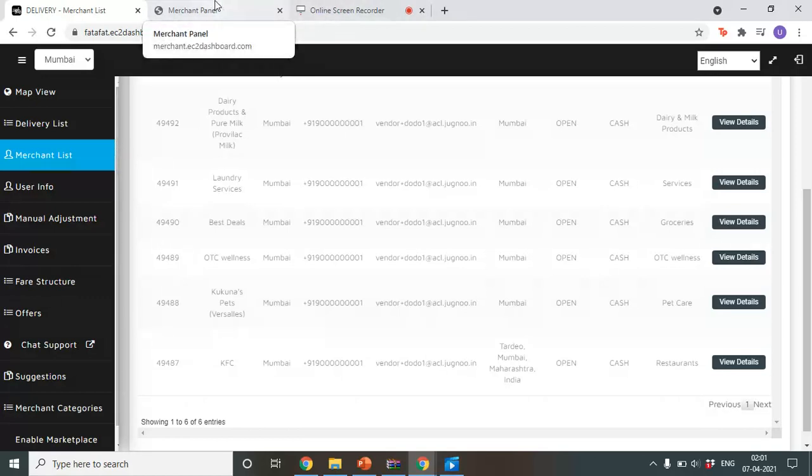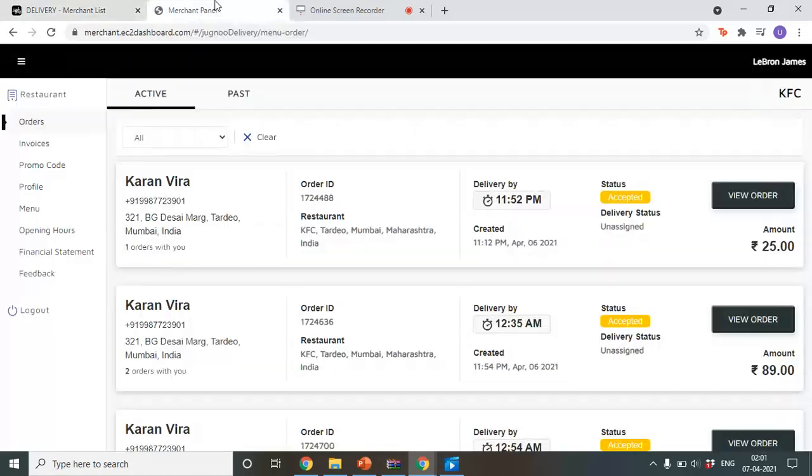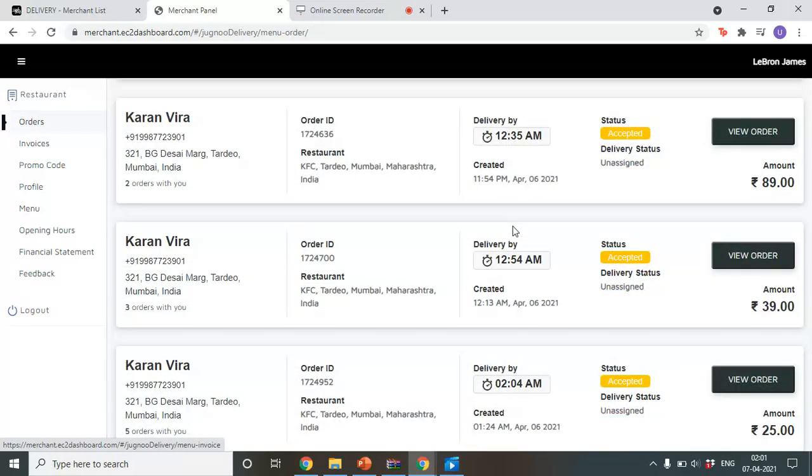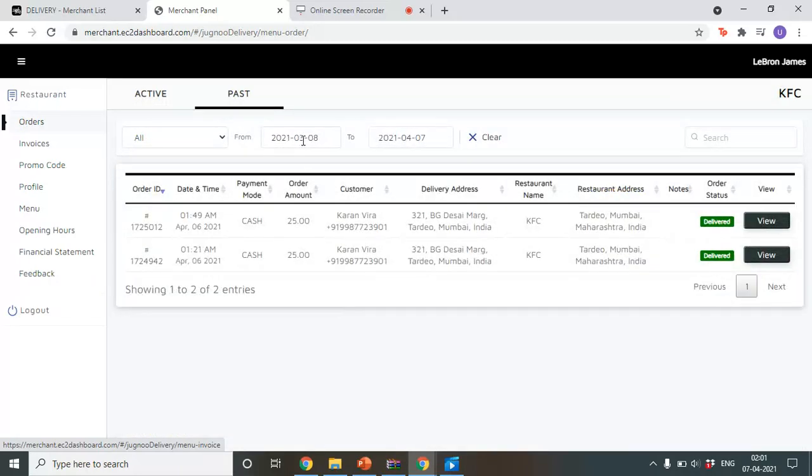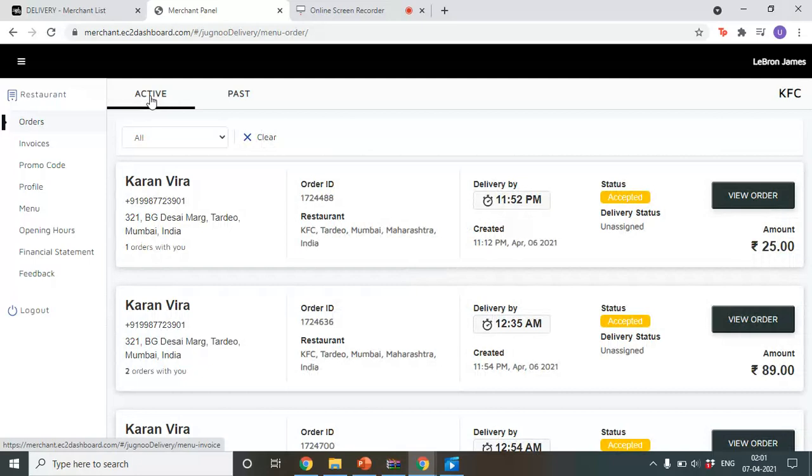Now I'm going over to the merchant panel. Here there are also many options for the merchants. He can see the orders he has received here, and unassigned orders will come here. And as I had talked about before, he can see all the delivered orders in the past and all the undelivered, ongoing, or unassigned orders here in the active orders.